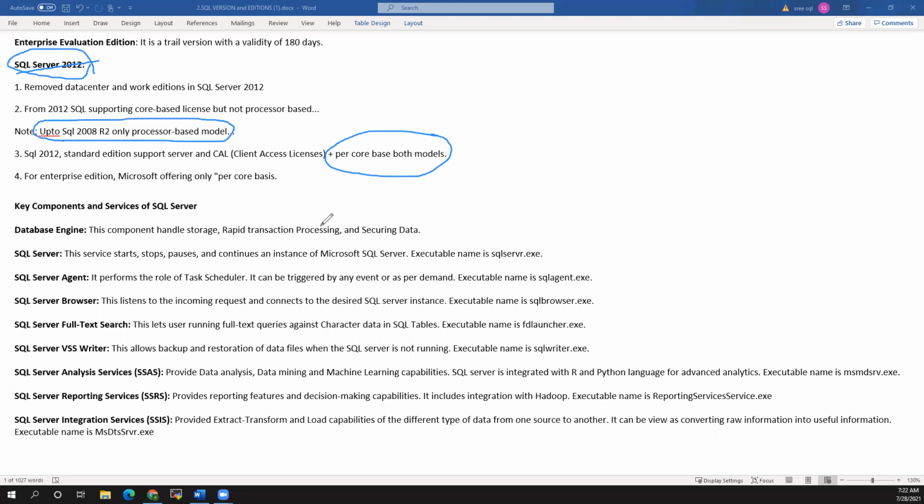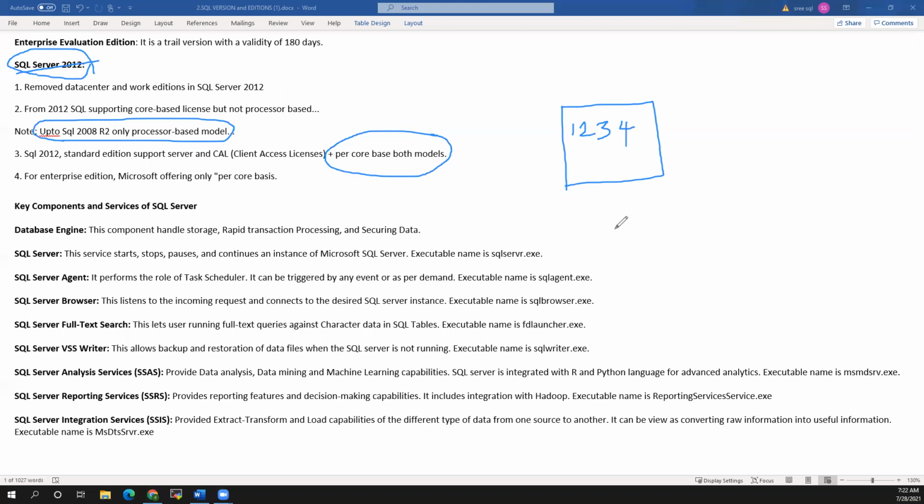In the processor, we will be having some cores, right? So this is like a processor, and in a processor you will be having 1, 2, 3, 4 cores.